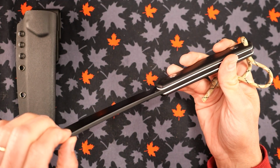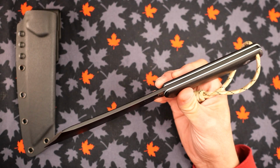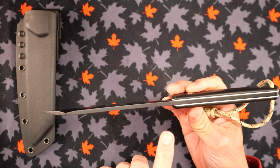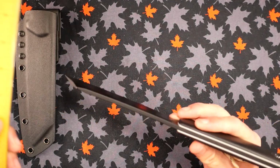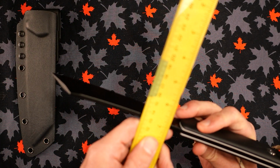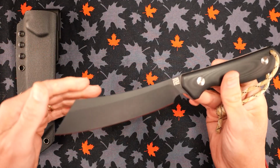We've got fairly thick steel. I'll do all the measurements later on, but let me just look on my list right here. The thickness of the blade, yeah, 4.78 millimeters, 0.188. So 0.188 of an inch, what is that in these other kind of measurements? Yeah, it looks like it's about not quite 3/16 of an inch thick. So 50% bigger than an eighth of an inch,